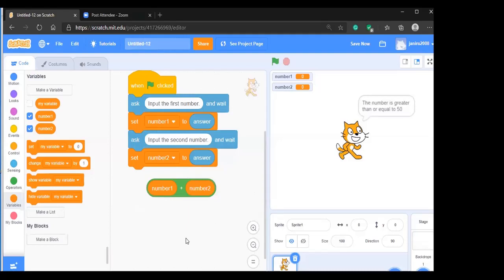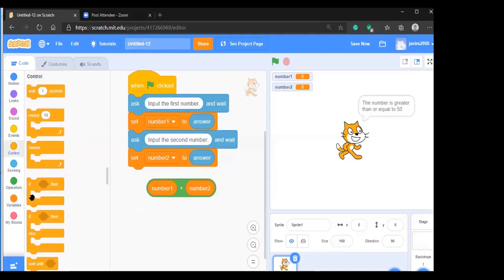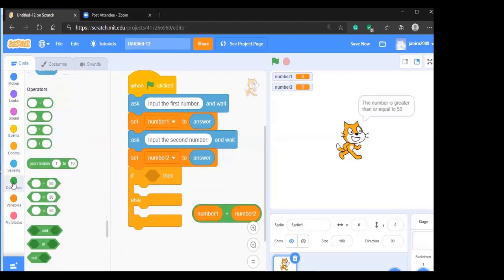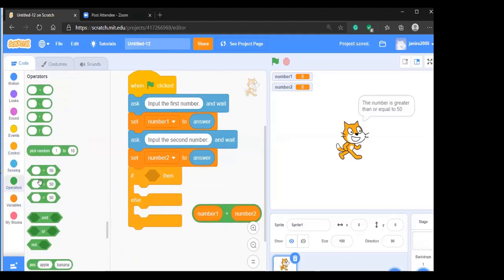So you have to check it now. For that you go to the if condition, and then you check whether this addition is greater than or equal to 100. You go to the operators again and you get the comparison: the sum greater than or equal to 100.